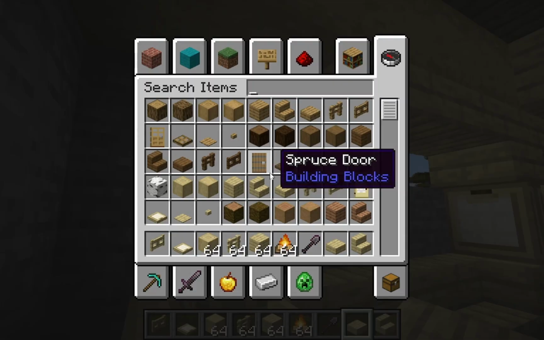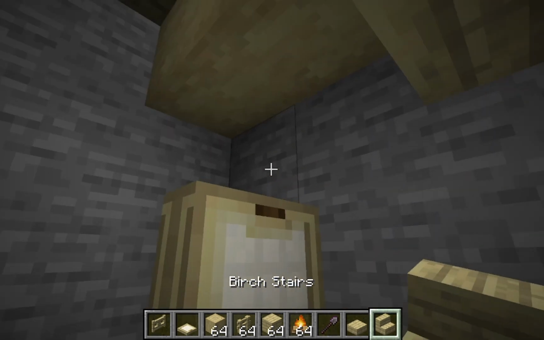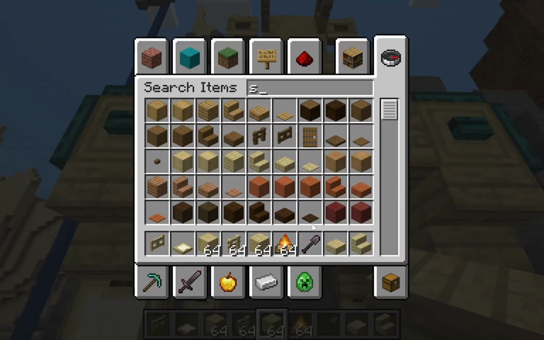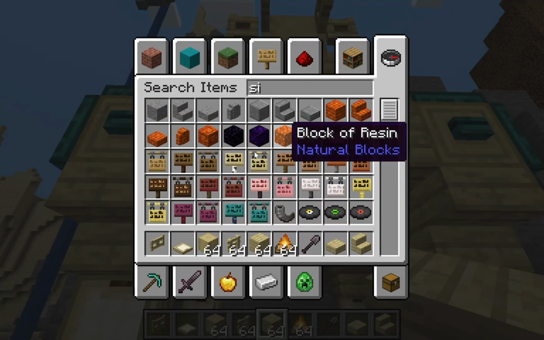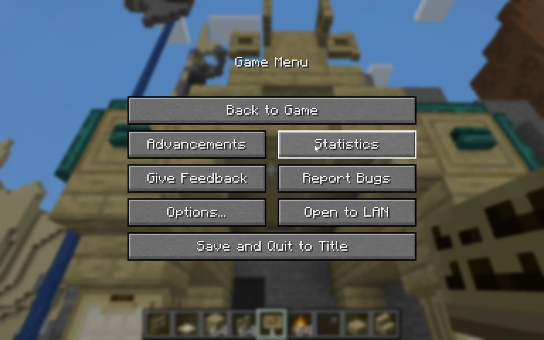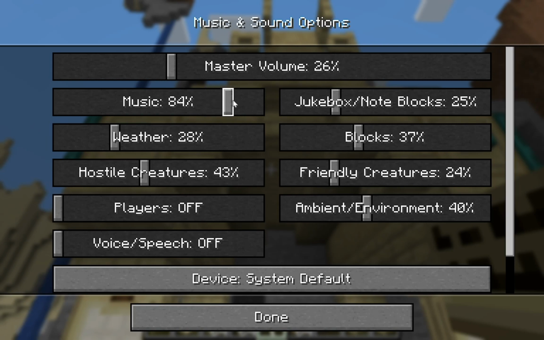Now I'm just lining the tops of this with slabs and stairs. Now to add some minor details, I like using signs while building, just because I feel like they add a little bit of,